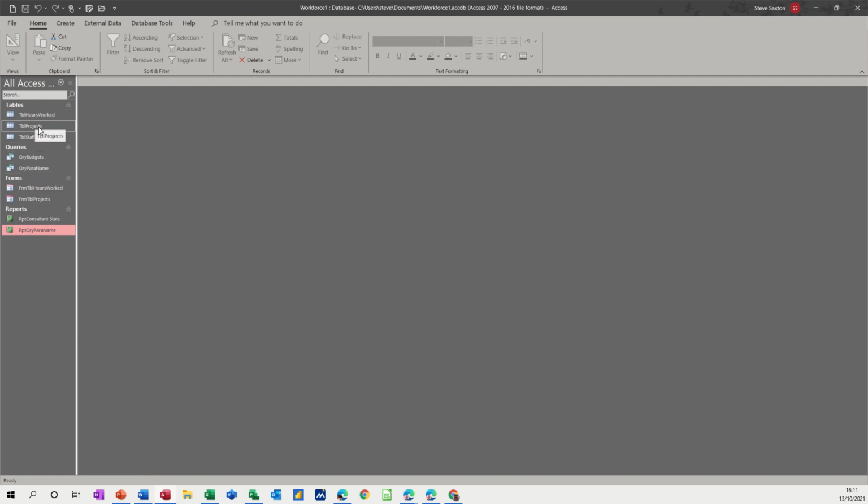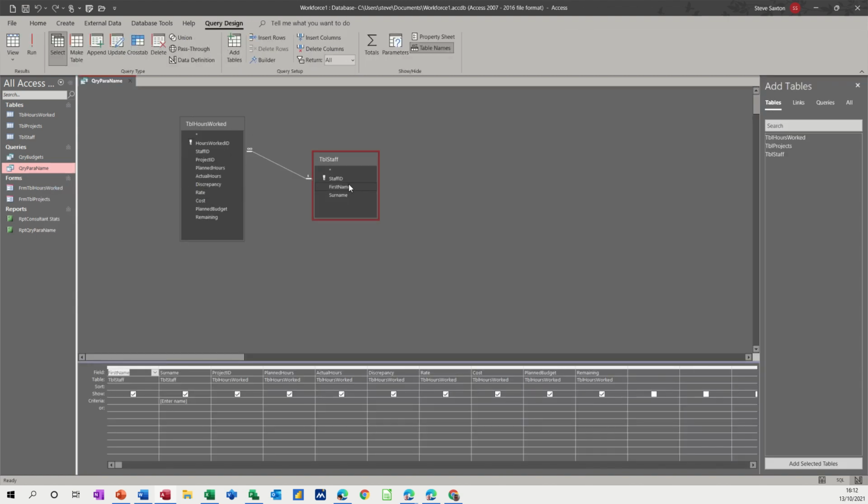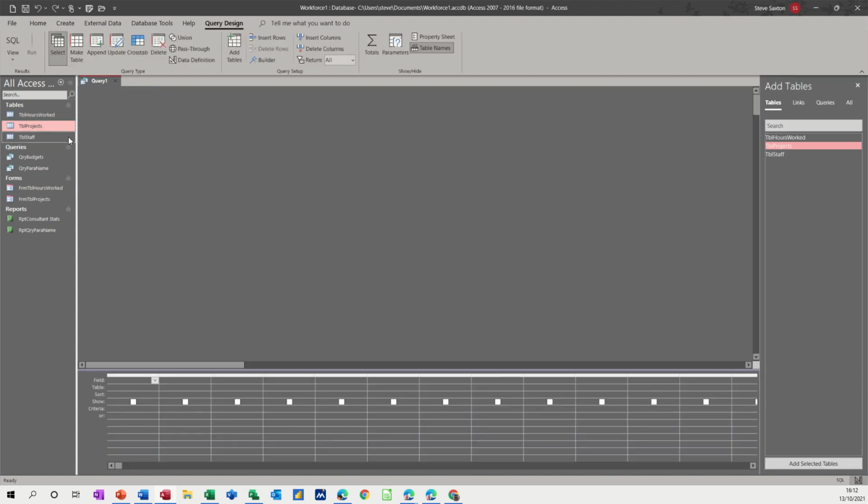Now if I want a report for the projects, when I create the query, so this query, if I go back into design on this query, is just looking at the staff. I could bring projects in there and it would bring in the projects, but I want to do a separate query just to go through it all again and do it for the projects. So if I click on create, query in design, so now bringing in projects and hours worked. So I want the project name, and I want,